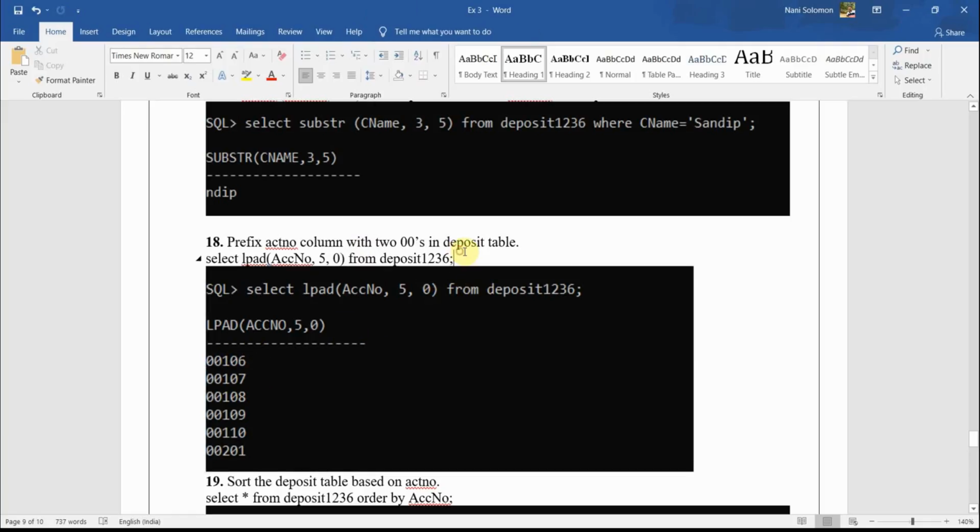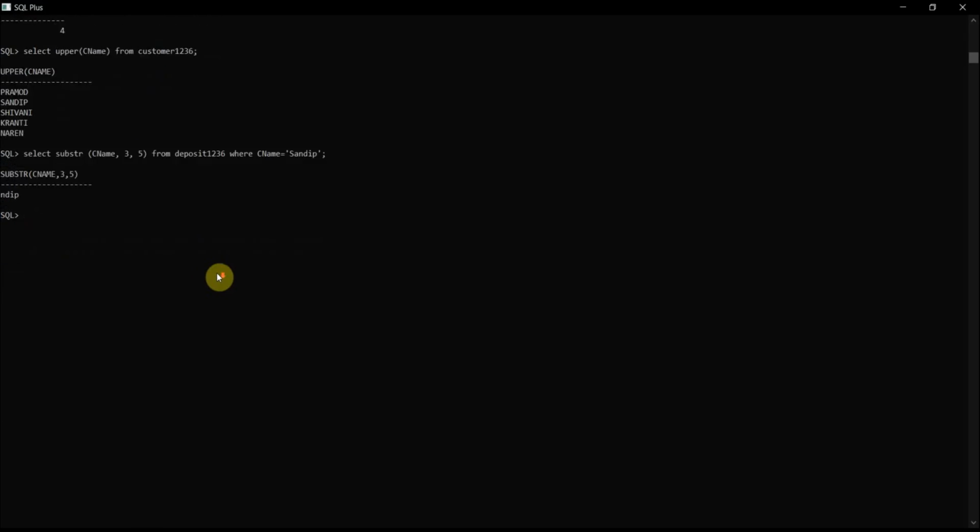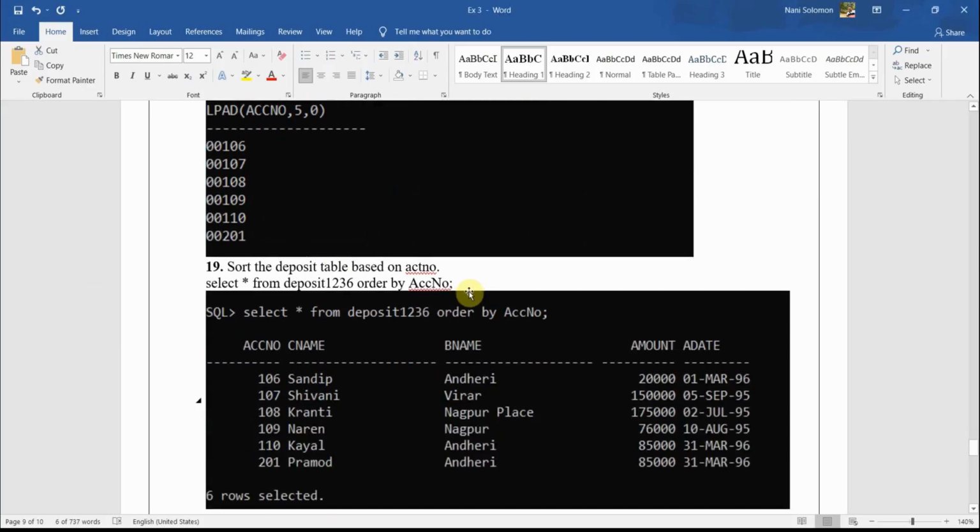Zeros before a number don't change it, but after the number, zeros change the value. There you can see the account numbers with left pad.